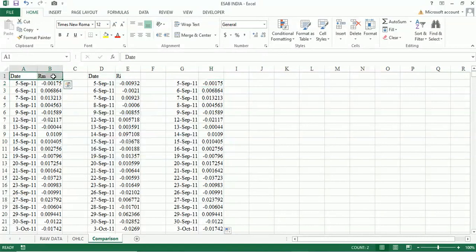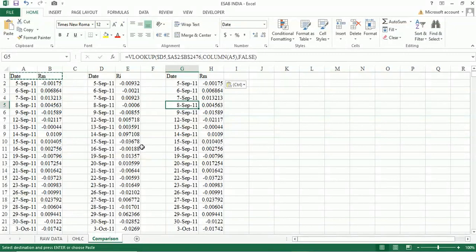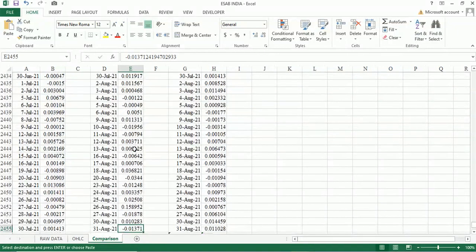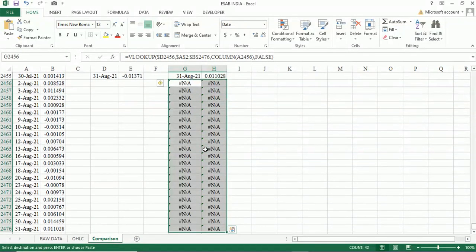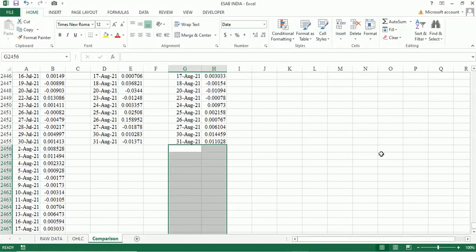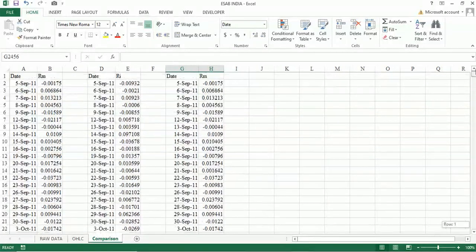Copy the heading here. Now let us go down. See, after this particular date, index dates are missing, so you can simply delete these because these dates are not available in that array. Now we have company data as well as index data.